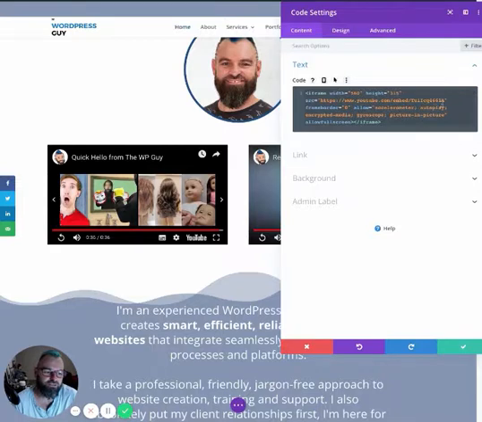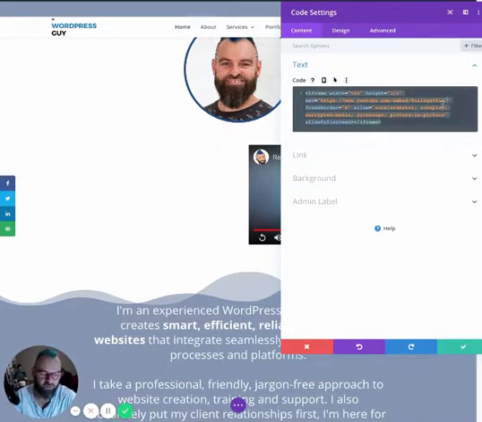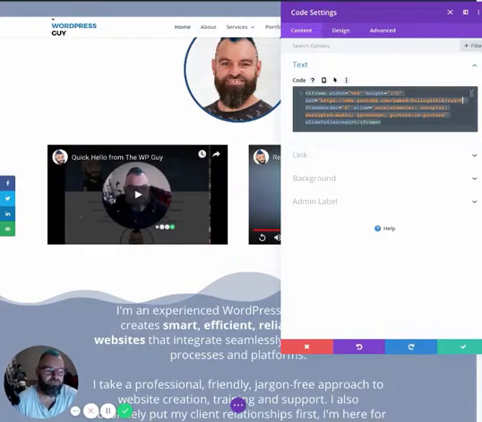Now, all you need to do is add, where this embed code is, there's a reference number. If you put $rel equals 0, now when it plays,